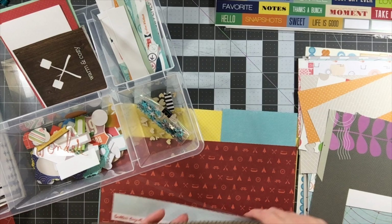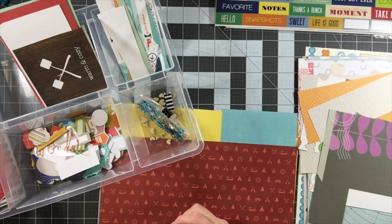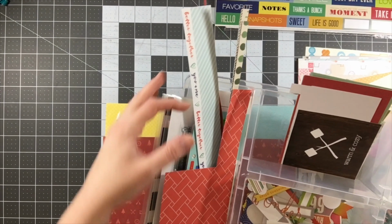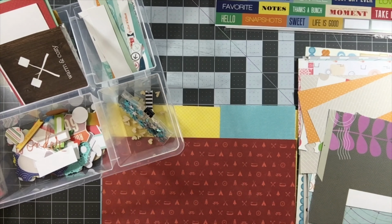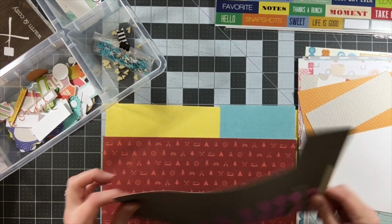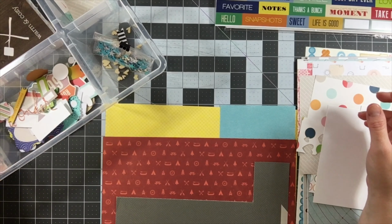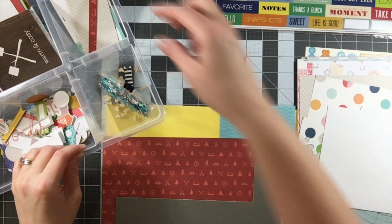I hate putting these long skinny scraps in the Raskog cart because I feel like they get lost. So I'm going to tuck them on the end here. They'll kind of be sticking out, but that's better than getting lost. I really do have some random scraps. Okay, so that's kind of the point of this, though, is to find out what's in here and use it,